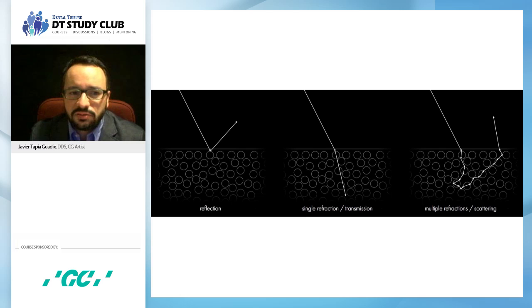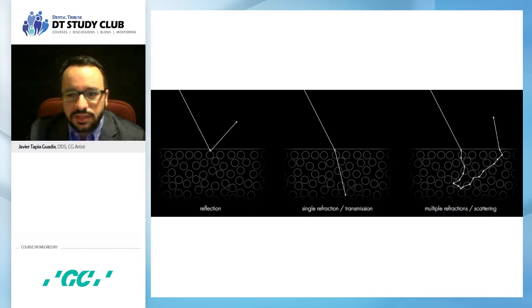We can have the single refraction, as you can see in the center. In this kind of refraction, the light is just refracted once, and it's going to be transmitted through the whole material. This is more or less the behavior that we will see on the very transparent materials. And then we have the multiple refractions,